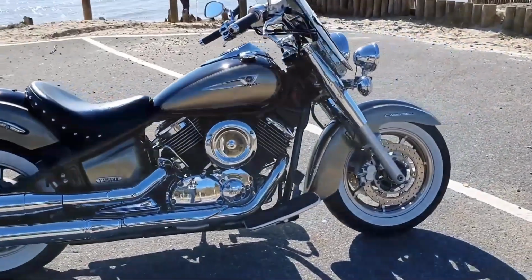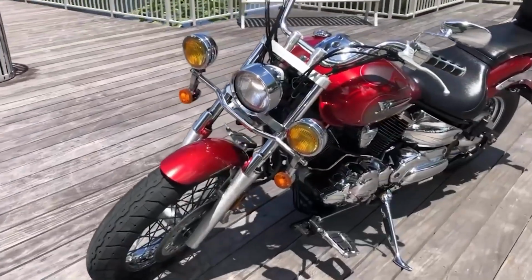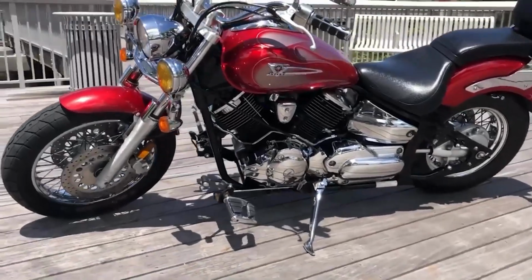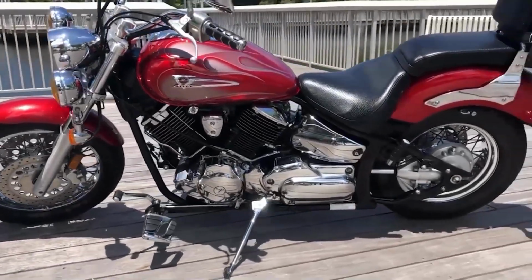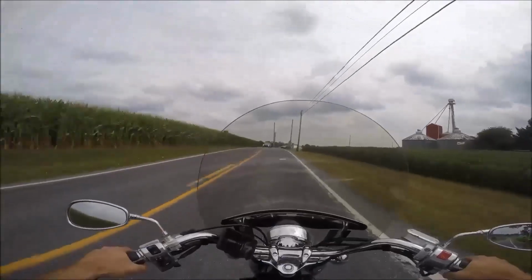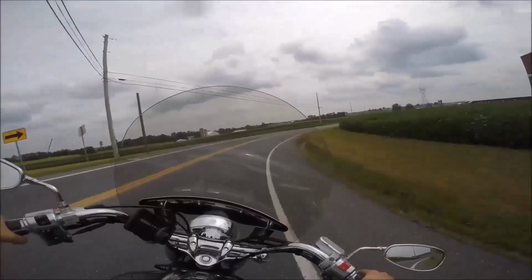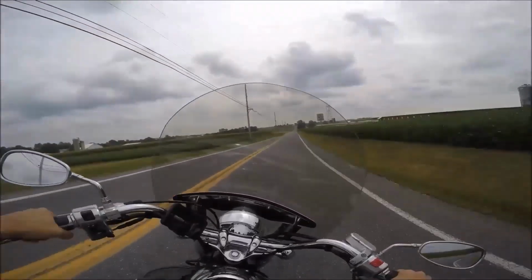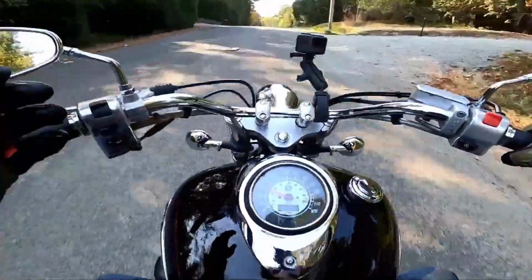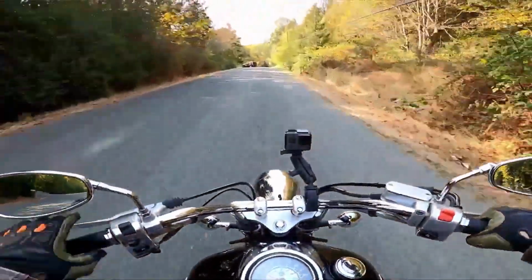While carburetors were standard during the V Star 1100's heyday, modern riders have come to appreciate the convenience and efficiency of fuel injection. Cold starts can be finicky, and the choke must be manually adjusted until the engine warms up. This old-school approach, while nostalgic to some, feels dated compared to contemporary fuel-injected cruisers. The carburetor also contributes to inconsistent throttle response, particularly in varying weather conditions, which can make the bike feel unpredictable